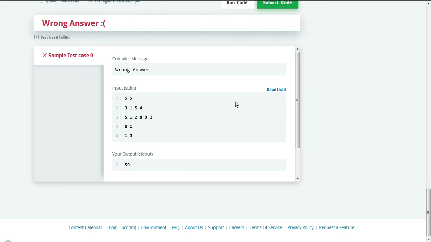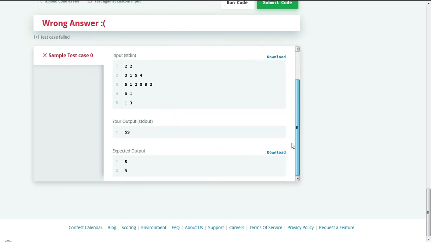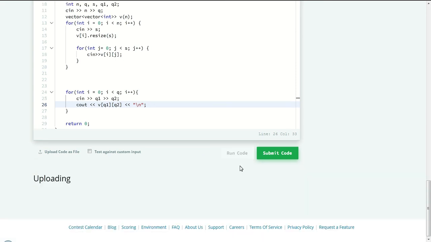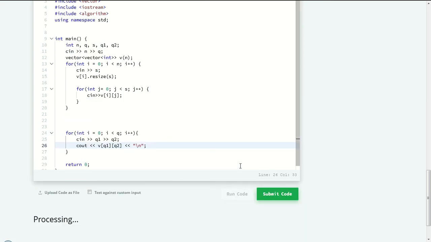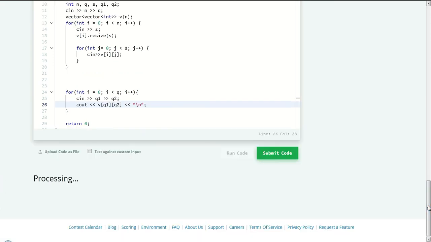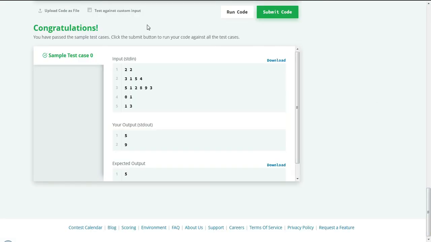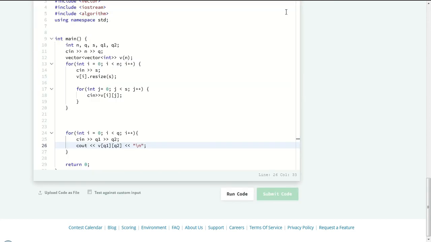At last our compilation succeeded, but unfortunately the output is not correct. So we need to add a slash, please bear with me, and we need to make sure that we don't miss this out hereafter. As a beginner it is okay, but still we need to take care of all the input, then only we could clear the assessment, all the test cases. My internet is quite slow, that is why it's taking too long to process. I have got it correctly and it's time to submit the code.